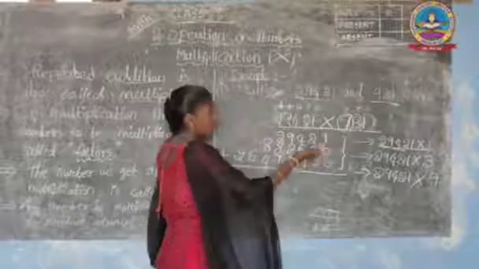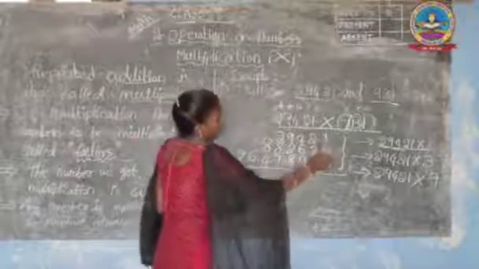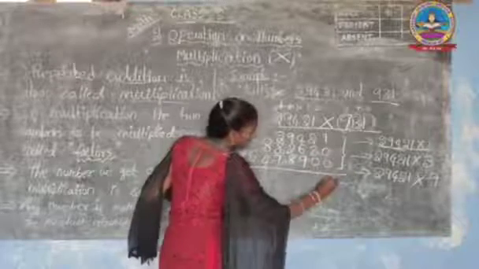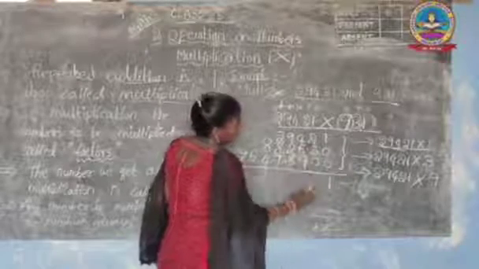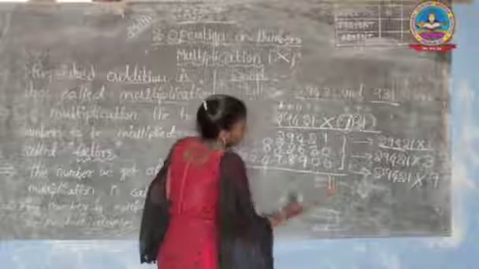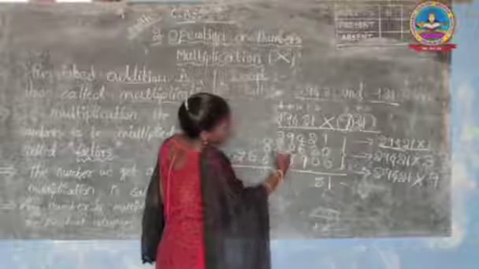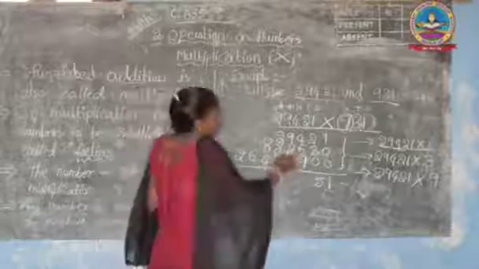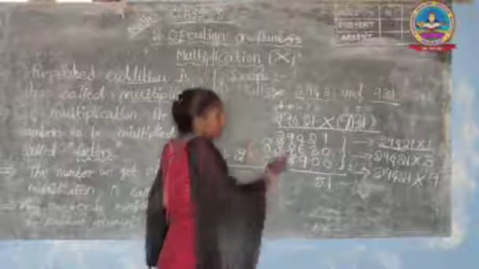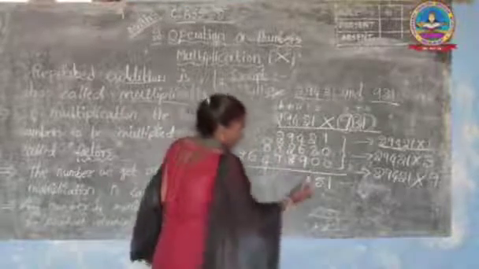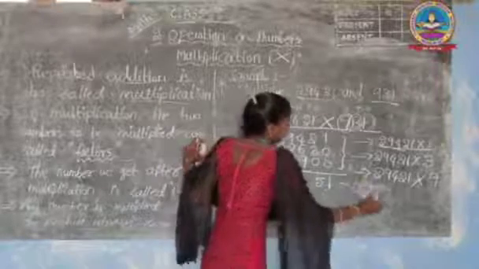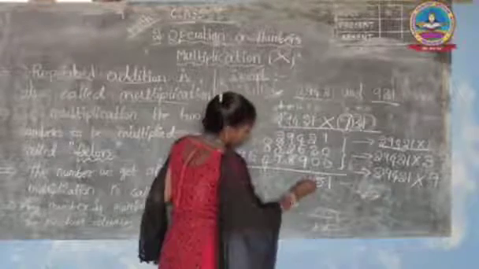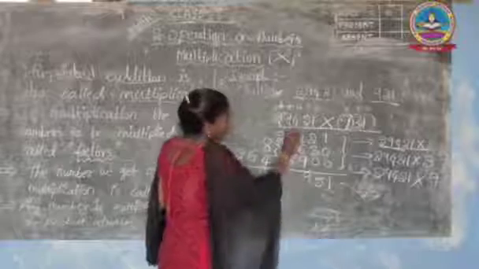First we will see the ones digit. There are 1, 0, 0. So 1, 2 plus 3 is 5, and 9 plus 10. This 4 plus 6 is a group of numbers. So 6 plus 4 is 10, 10 plus 9 is 19. So regrouping this 19, we will write 9 and 1 is carried.